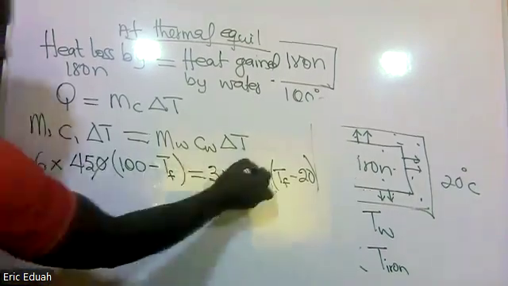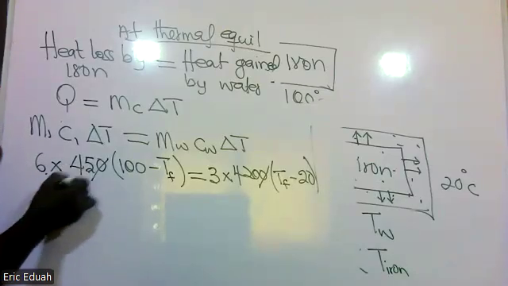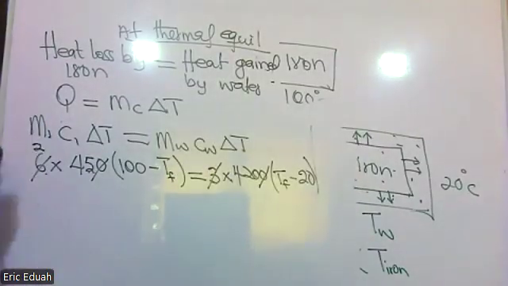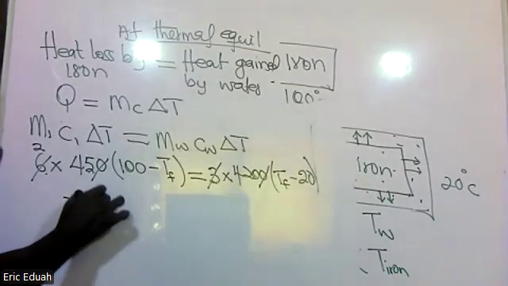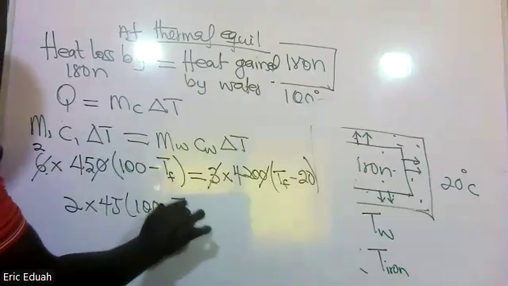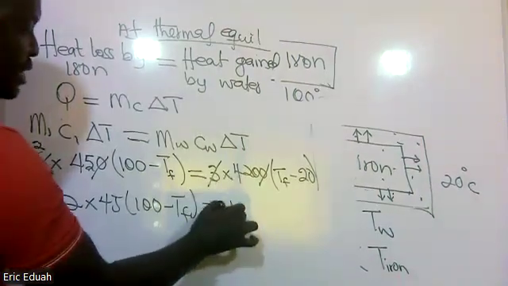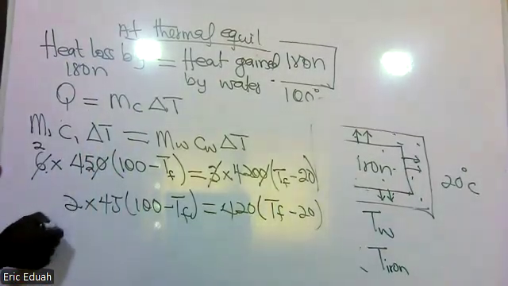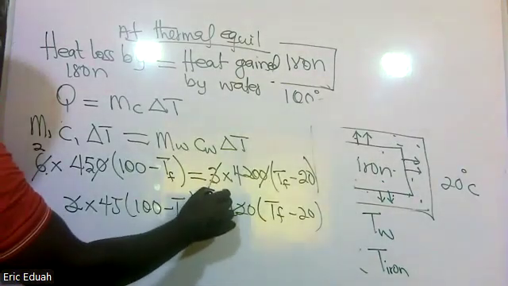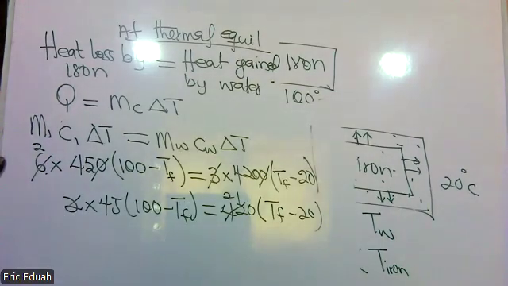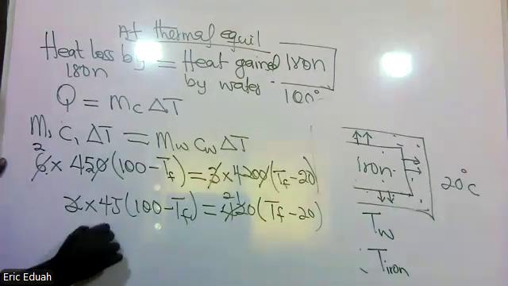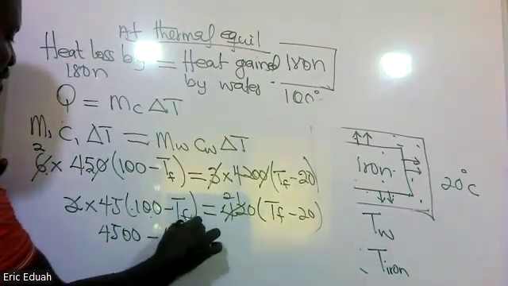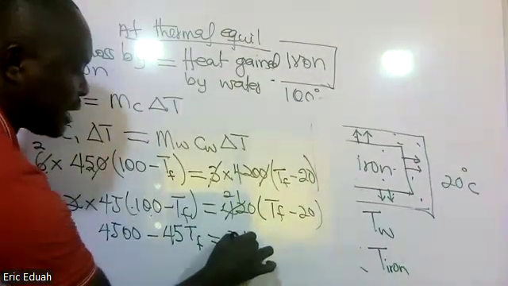So I think this 0 would cancel 1. 6 times 450, quick one. Okay, 3. This 3 would also cancel this and will be 2. So we have 2 by 450 times 100 minus T final is equal to 4200 times T final minus 20. I think 2 can still go into this, and 2 would also go into this 42. Okay, so now we have 4500, I'm multiplying through, minus 45 T final